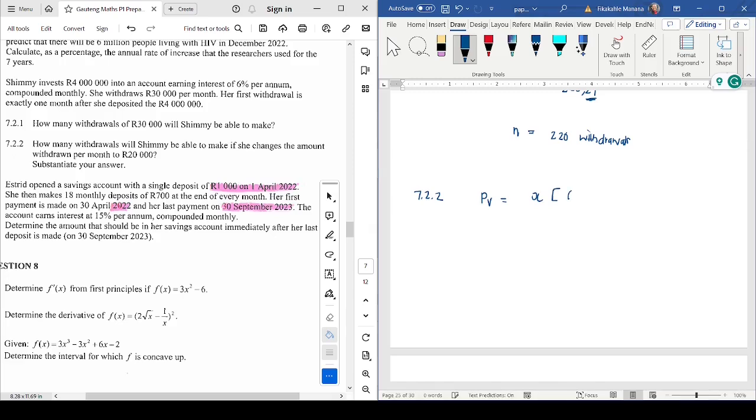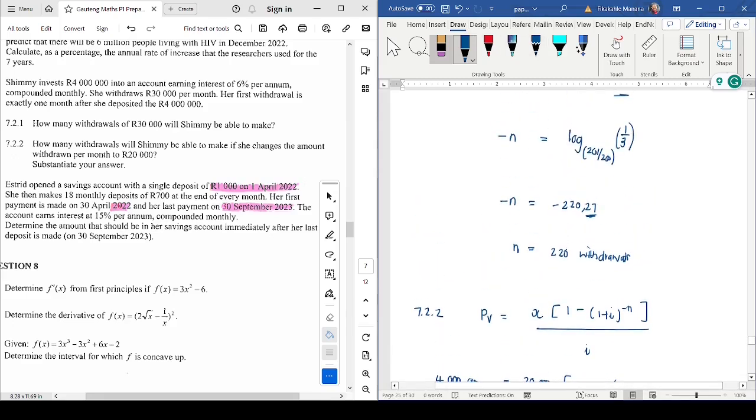And then we have 1 minus (1 plus the interest rate) to the power negative n, and all of that is divided by the interest. Okay, so we have our 4 million, 1, 2, 3. And now we have 20,000. 1 minus, actually I think I can put what that value is. It was 201 over